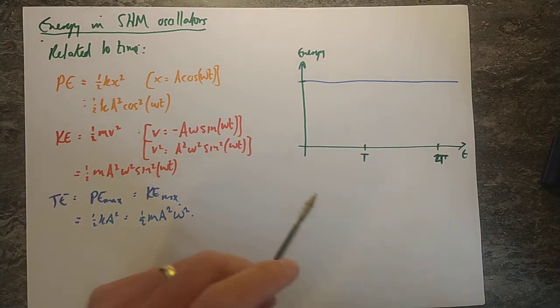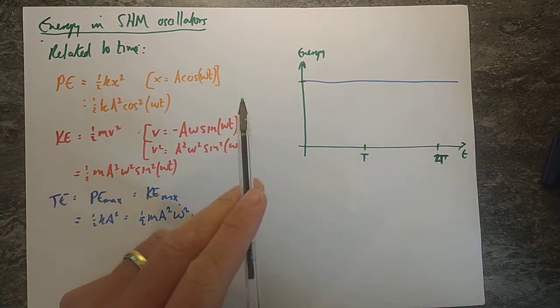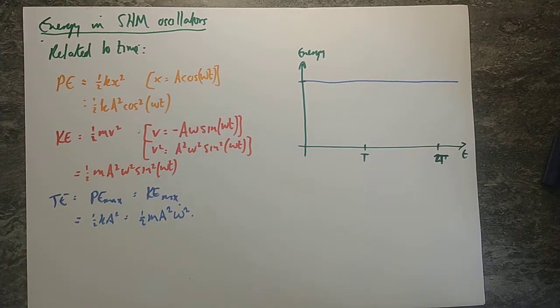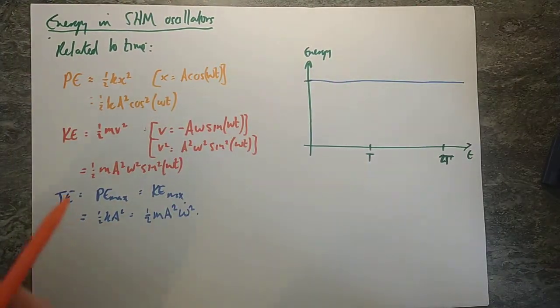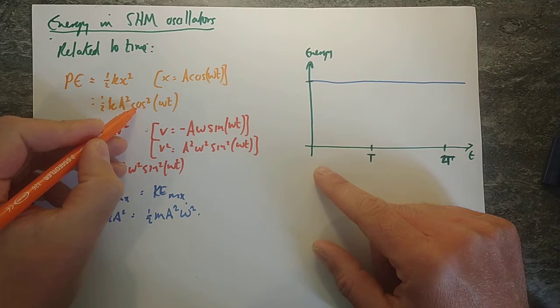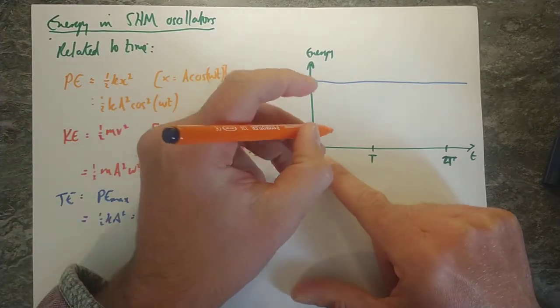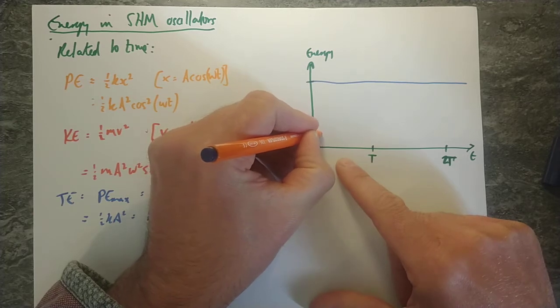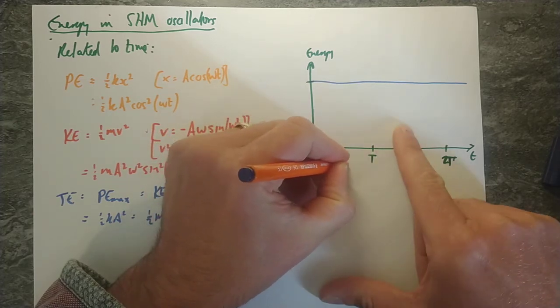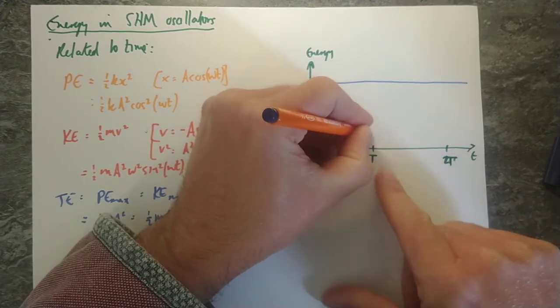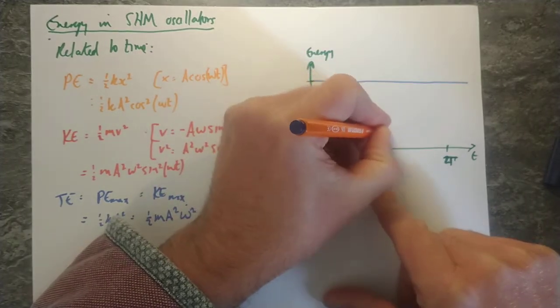Now, we've got to plot, let's start off with potential energy. So potential energy is of the form cos squared. What I suggest you do is sketch very basically at the bottom what the cos graph looks like. So the cos graph